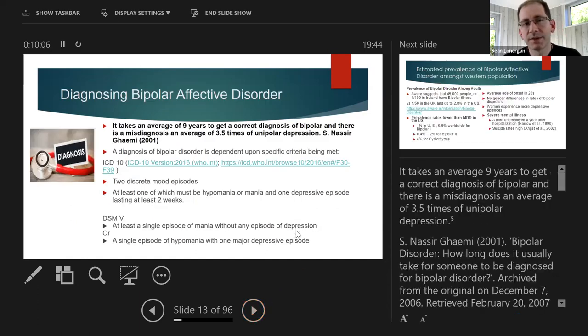When making a diagnosis of bipolar disorder, something to keep in mind is that it takes an average of 8 to 9 years to get a correct diagnosis of bipolar disorder. And there is a misdiagnosis on average 3.5 times of unipolar depression of what turns out later to be diagnosed as a bipolar disorder. So there are different, perhaps contributing factors to that, but it does suggest that there might